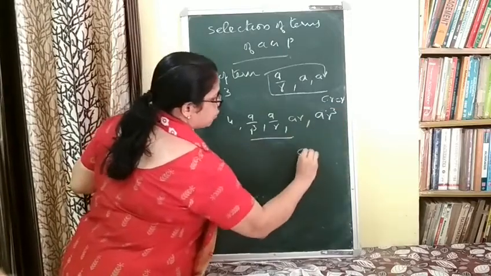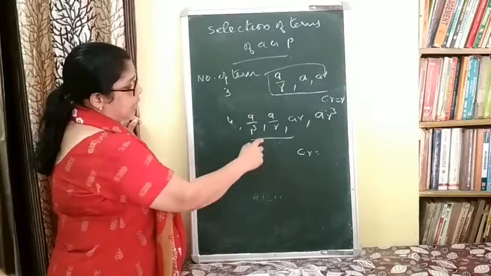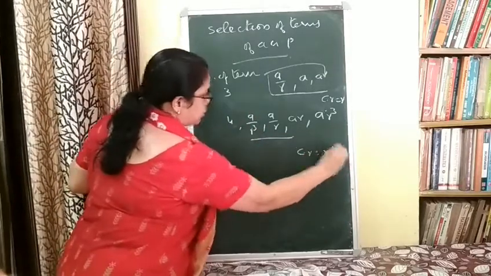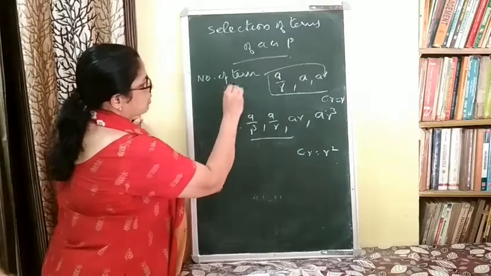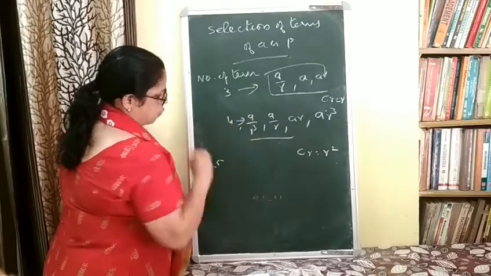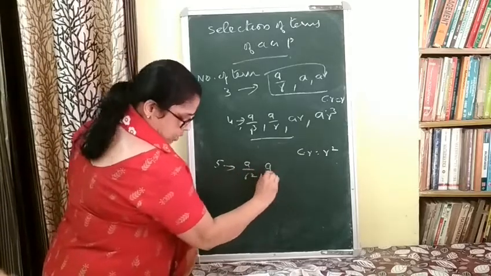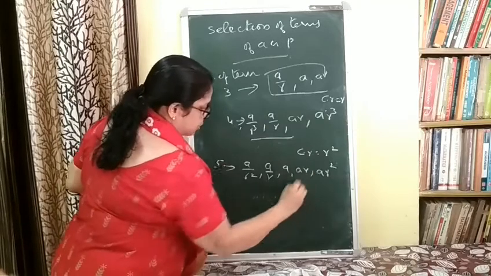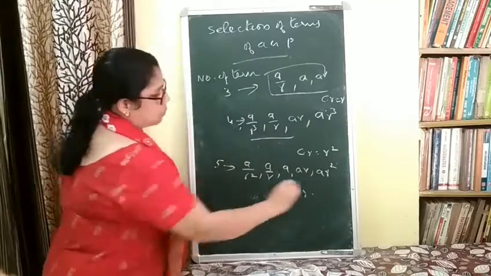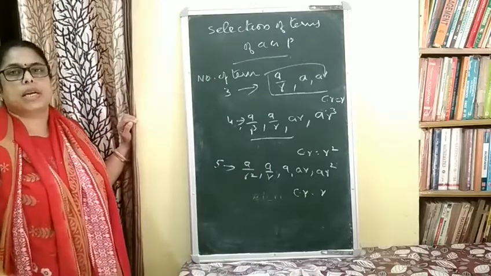तो इसमें कॉमन रेशियो कितना आएगा आप बताइए, क्या आएगा? डिवाइड करके बताइए. A बाई आर क्यूब दैट इज R स्क्वायर. नाउ इफ नंबर ऑफ टर्म्स इज कमिंग एज 5, this is number of terms 3, number of terms 4, number of terms 5. A by R square, A by R, A, AR, AR square. इसमें कॉमन रेशियो क्या आएगा बताइए? कॉमन रेशियो इज R.